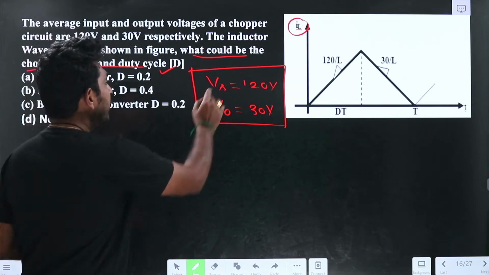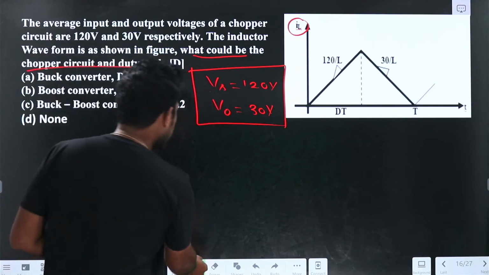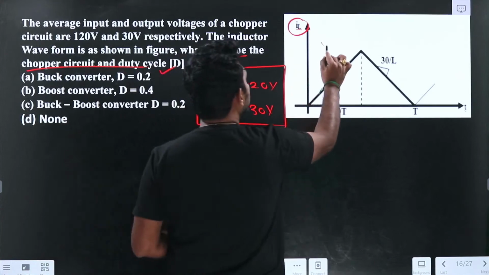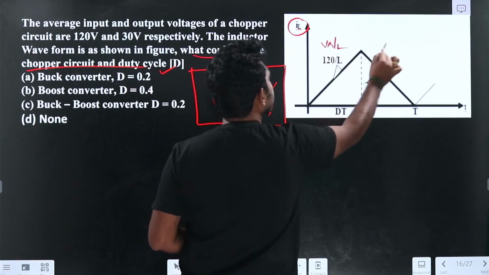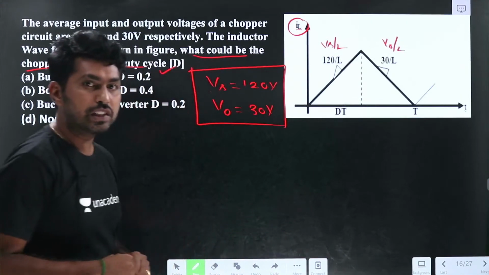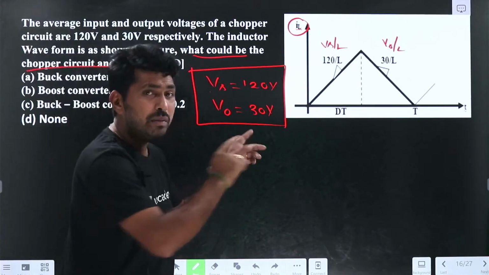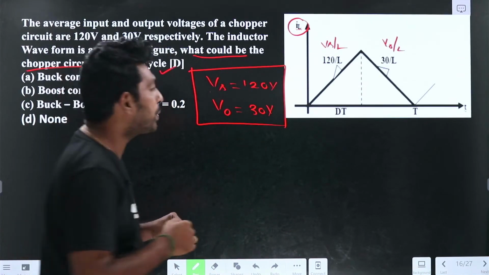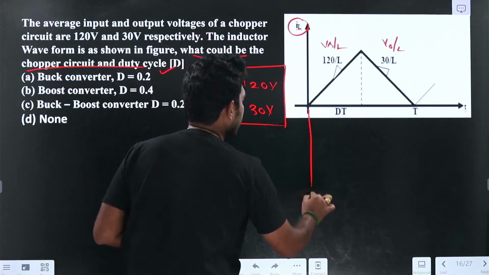So here the slope will be Vs by L, and this slope will be given as V0 by L. So it is under the boundary conduction mode. This will be operating under the boundary conduction mode. If I draw the VL